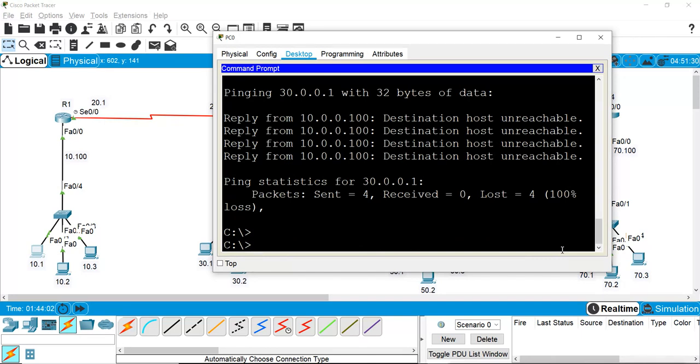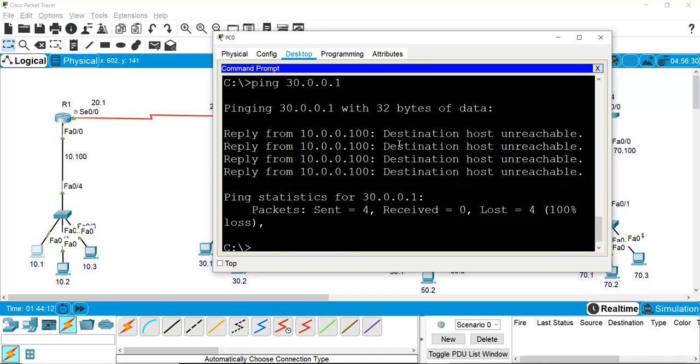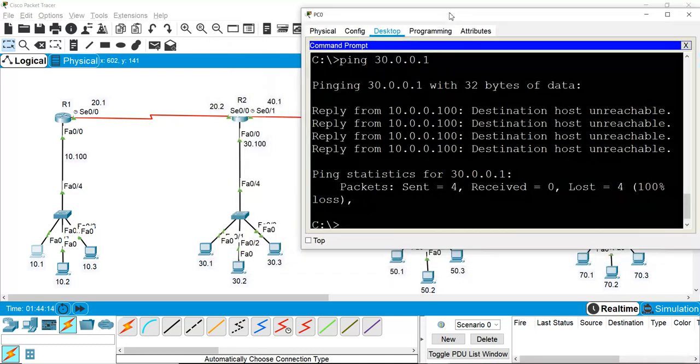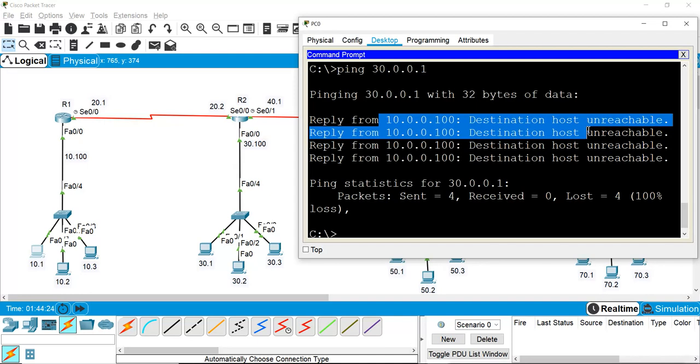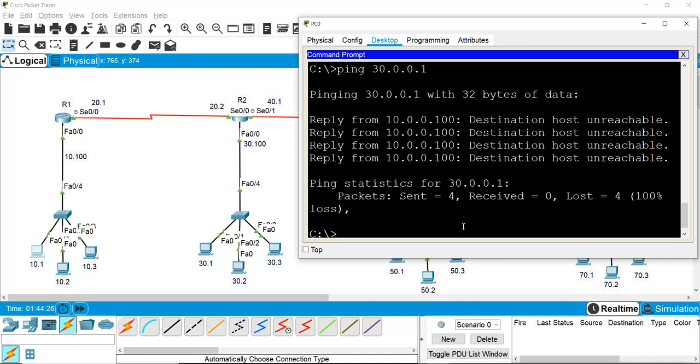And when we do the ping, what does ping do? Ping sends the packet and receives the reply. Previously when I tried to ping from this machine to this machine, from network 10 to network 30, it was saying destination host unreachable, because the router did not know about it.